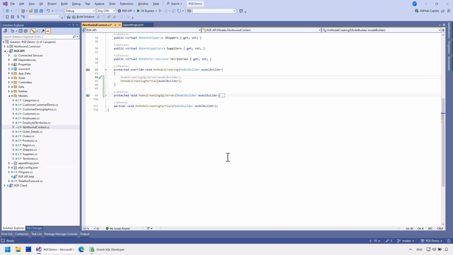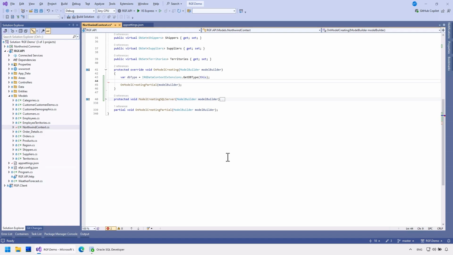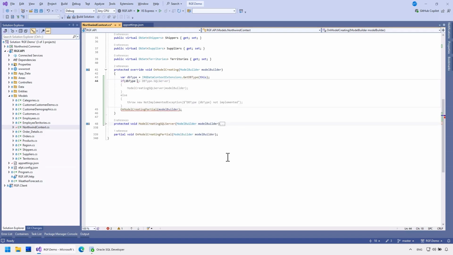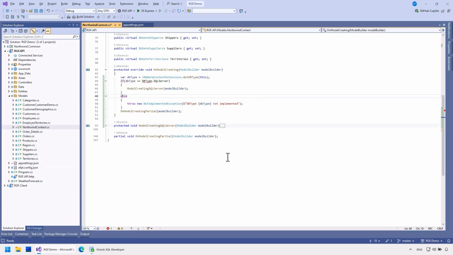Using an RGF extension, I will determine the type of database at runtime. I will only invoke this model in the case of SQL Server.